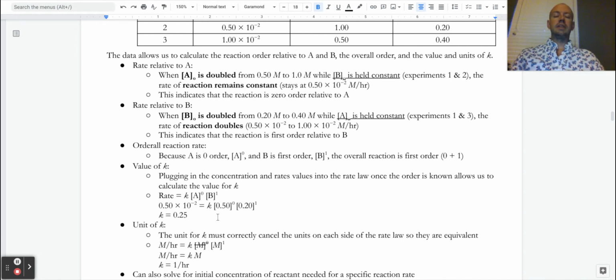Hopefully we notice that it doesn't matter if we plug in an A or not, because whatever we have to the 0th power is 1. But then I've got a number, I divide this over, and I isolate K, and K has some value. K is sometimes a huge number in the hundreds, thousands, or even millions, and sometimes it's a really small decimal. It's unique to the reactants and the scenario,